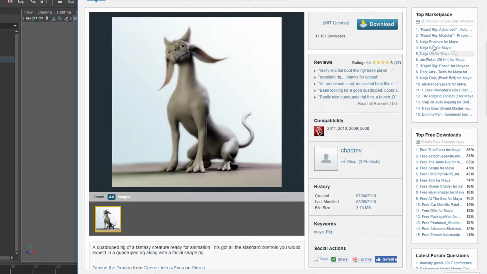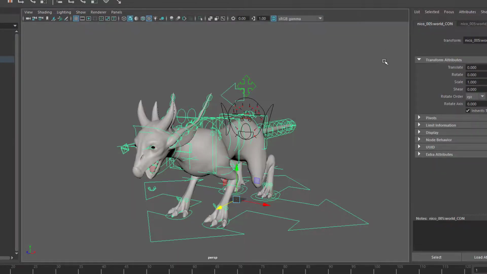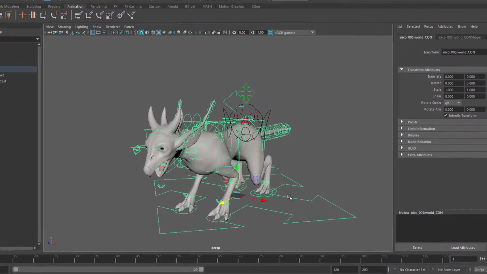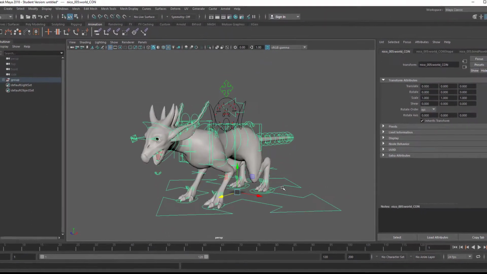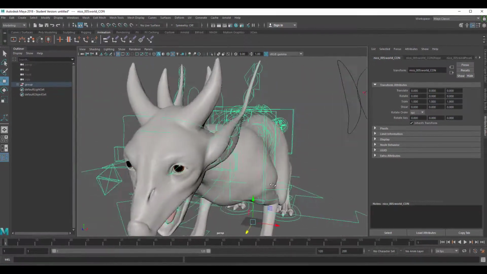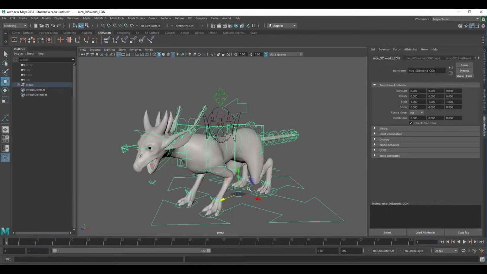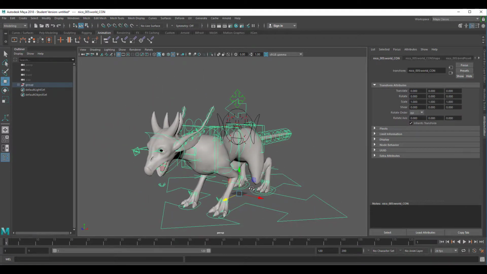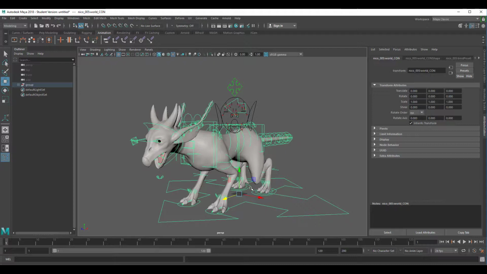It is from 2010, so it's quite old, and it feels a little bit older than most of the current models and creatures. Anyway, it may look a little bit threatening, not because the creature is so threatening, but because there are so many controls here. What I want to show you in this tutorial is you can download tons of 3D models, quadrupeds, bipeds, etc., male, female characters, etc., and they all come with some sets of